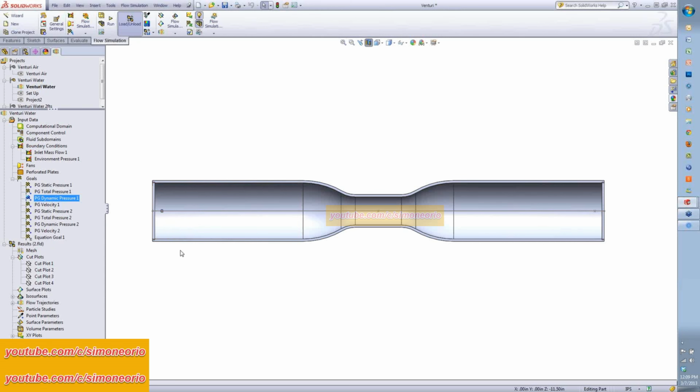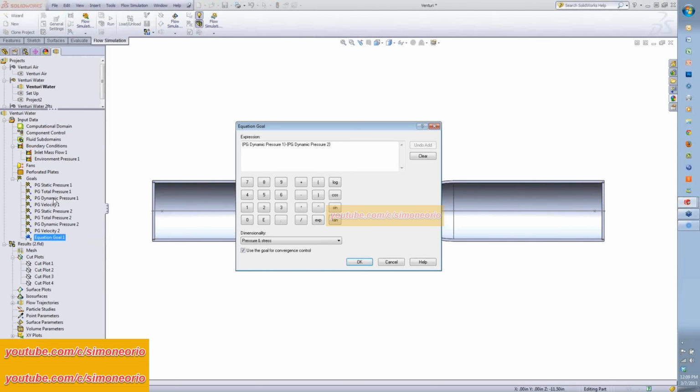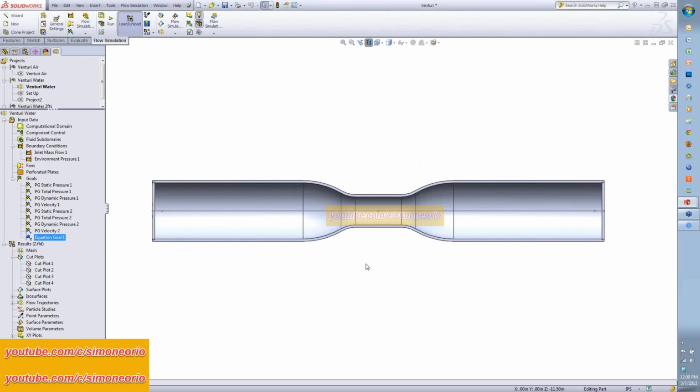So it'd be my pressure point 1. I also look for velocity at that point and at the point in the middle. So I have a velocity 1 and a velocity 2. And then I also have an equation goal. So based on those pressures, I have a dynamic pressure at point 1, a dynamic pressure at point 2. They're subtracted from each other. That gives me my pressure differential.